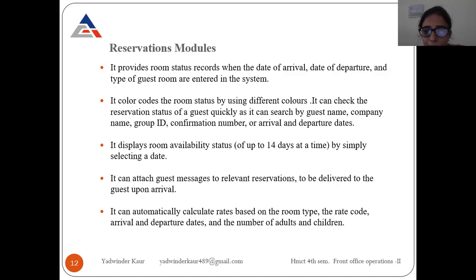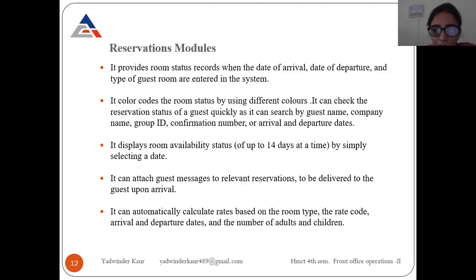It can attach guest messages to relevant reservations. Suppose the guest has a message, we can save it in the reservations module to be delivered to the guest upon arrival. When the guest arrives, we can give them the message.